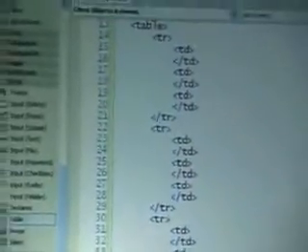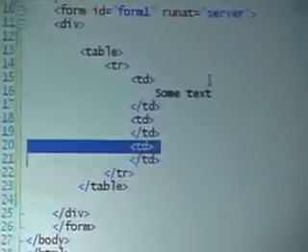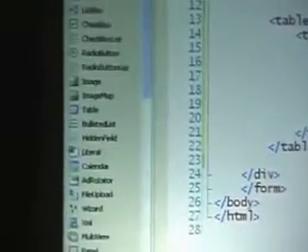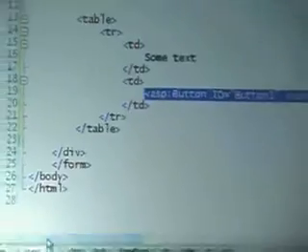So for example, let's say I want to just add a table. I can now drag and drop not just in source mode, but also in design mode. Some text. Let's get rid of that. Let's say I want to add a button. Well, I could obviously type ASP button, or we'll just drag and drop it. And so, as you can see,